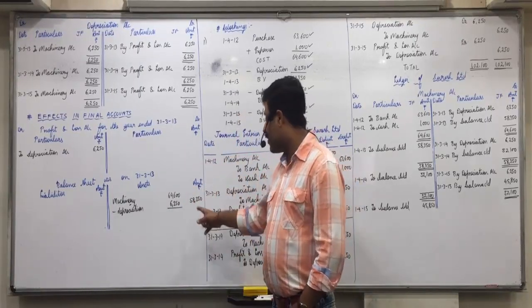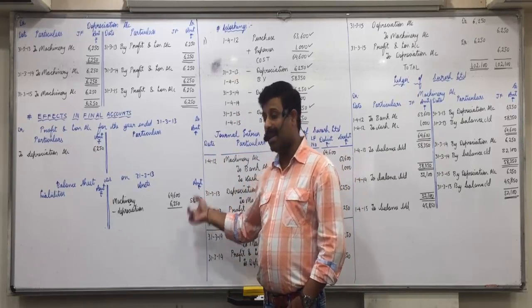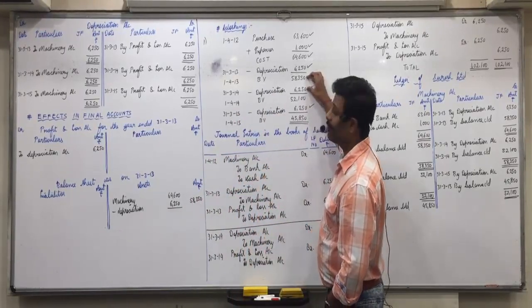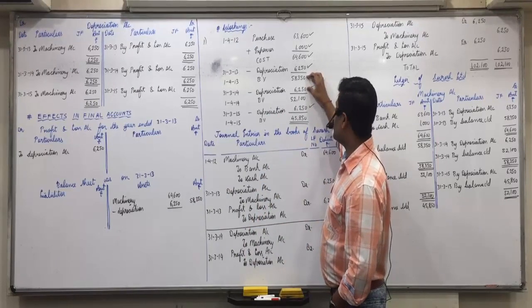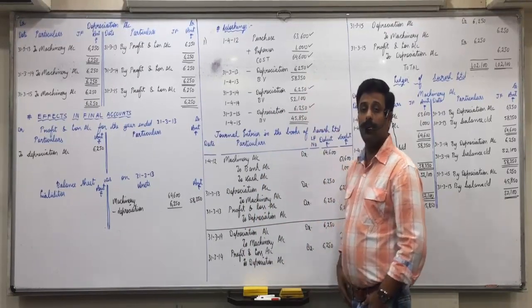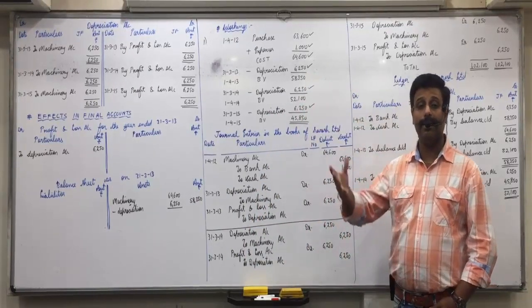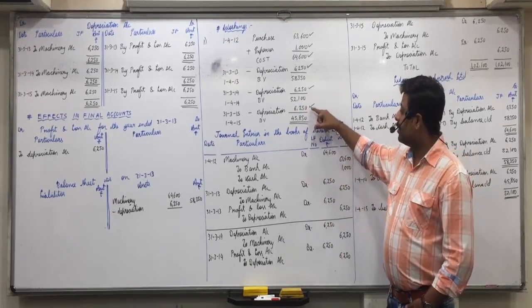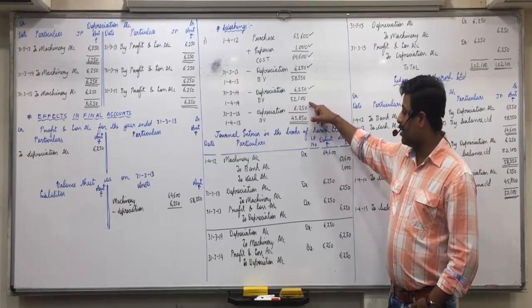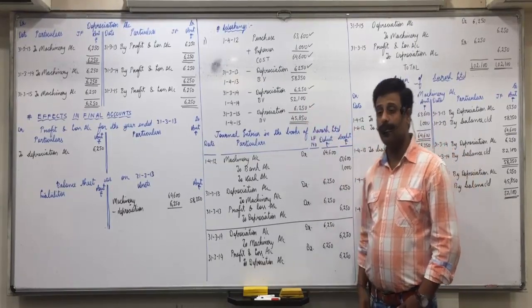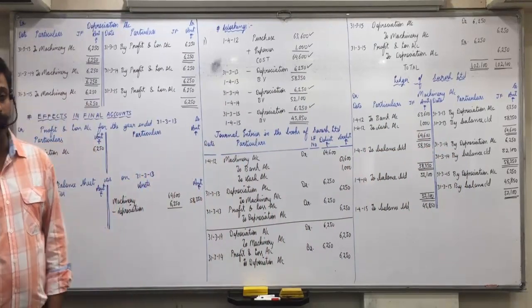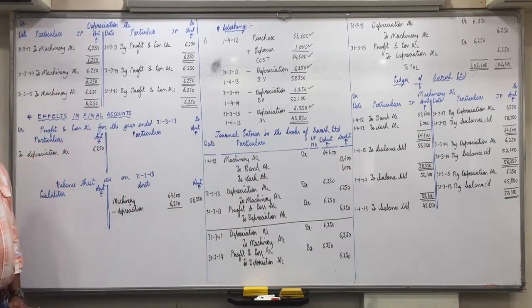So in the second year 58350 would come in the inner column minus 6250, 52,100. And if it is asked for the third year, P&L same thing would come, but on the asset side 52,100 minus depreciation 6250, 45850. Did you understand this, everyone? Okay. So this question is which